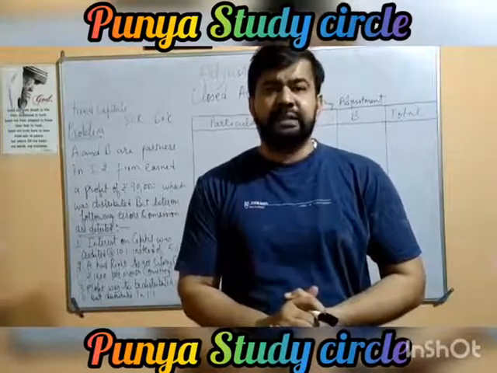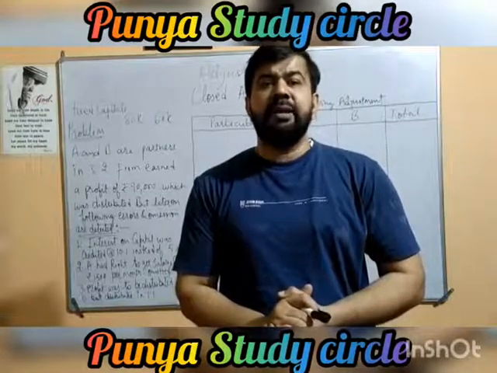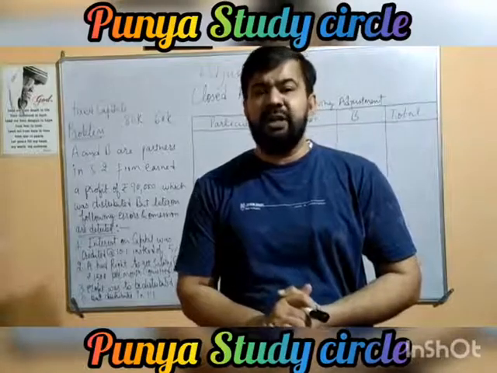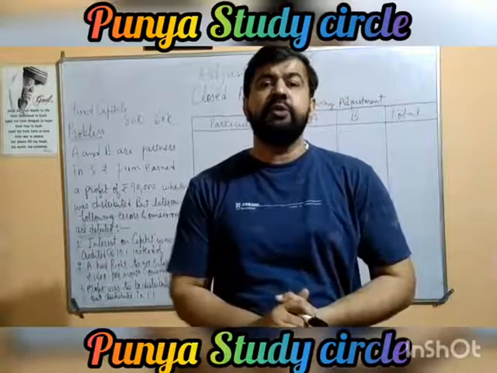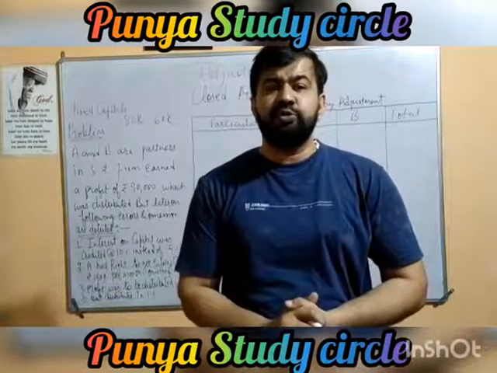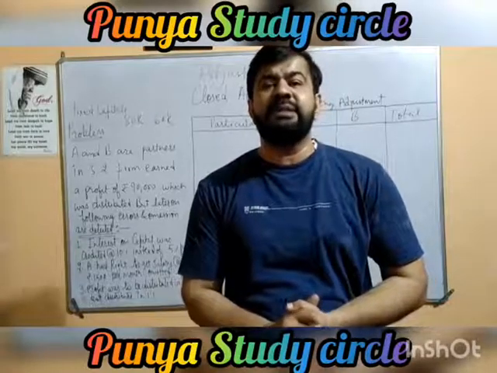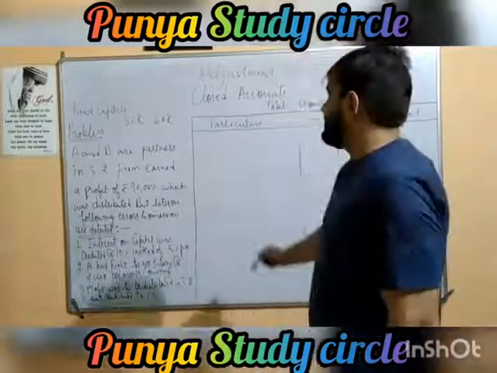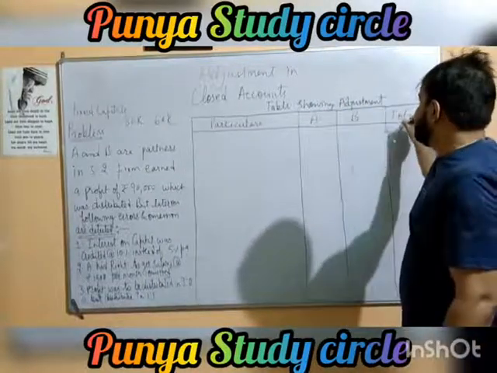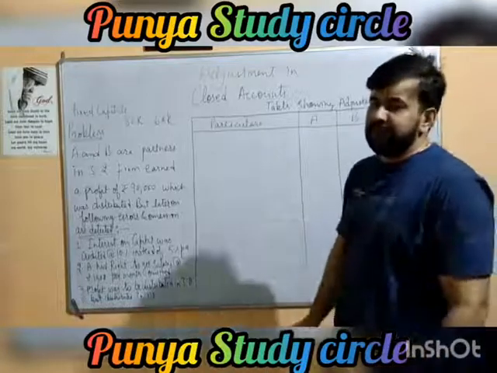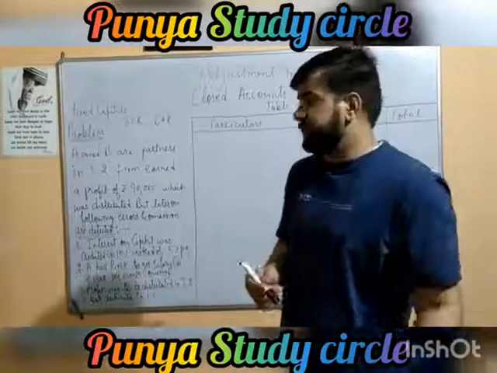You need to create this table with the number of columns which should be more than the number of partners by 2 columns. If you are having 3 partners, you need to create 5 columns in this table. If you are having 6 partners, you need to create 8 columns. So here in this situation we are having 2 partners, namely A and B. We have created 4 columns in this table. The first column is tagged as particulars, second and third columns with the name of partners, and the last column is the total column. We will find out the total amount of that error or that omission.